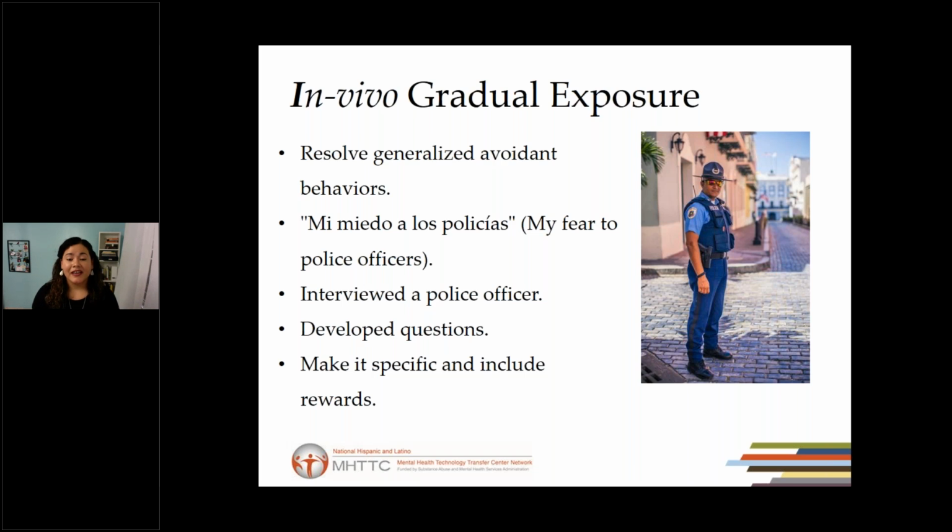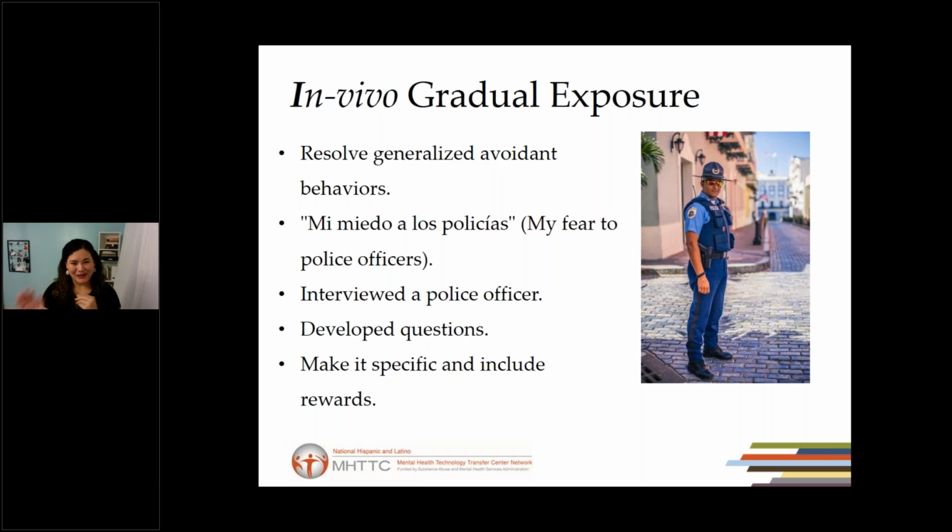And one of the things that we did here was that I connected with a police officer, and he came to the office. But we worked on this before, it wasn't that he just went there and I'm here. No, we worked on this since 3 or 4 sessions before, and I let her know, what do you think if a police officer can come here, and let's try to think that you're a reporter, right? And she said, yes, it's okay. You're gonna be with me, and mom's gonna be here, so it's okay.